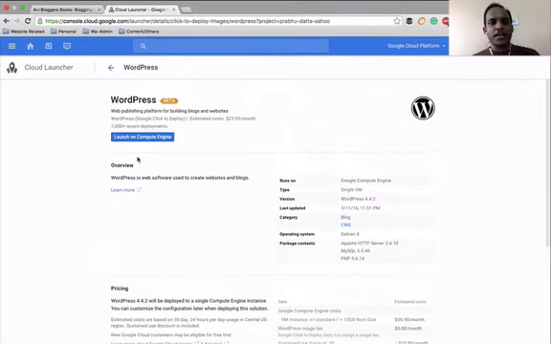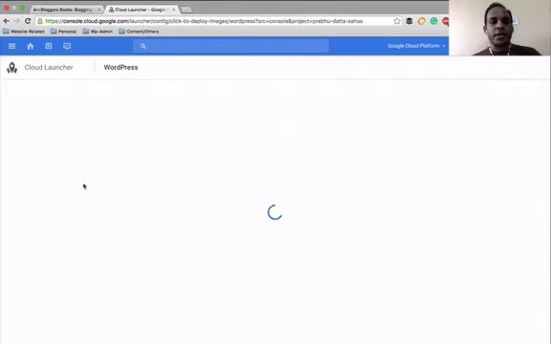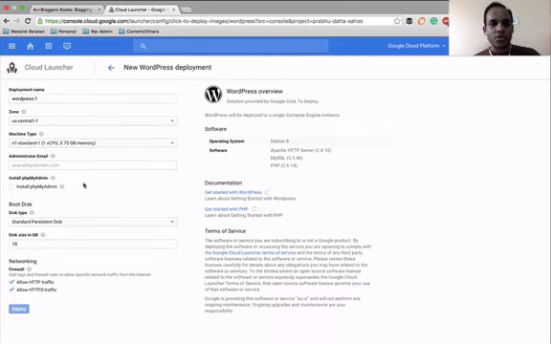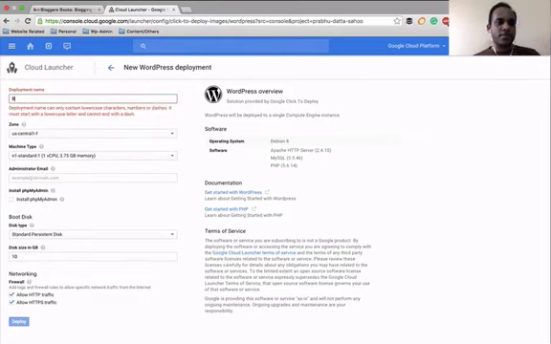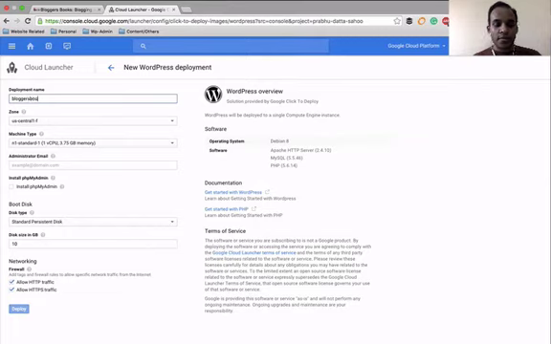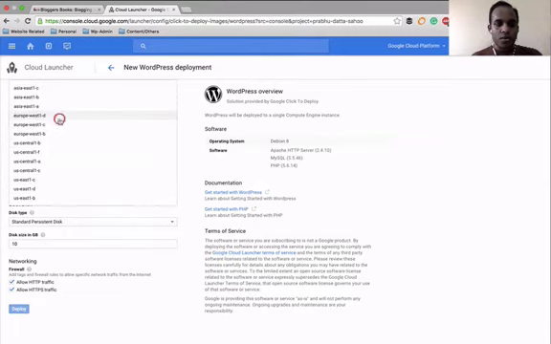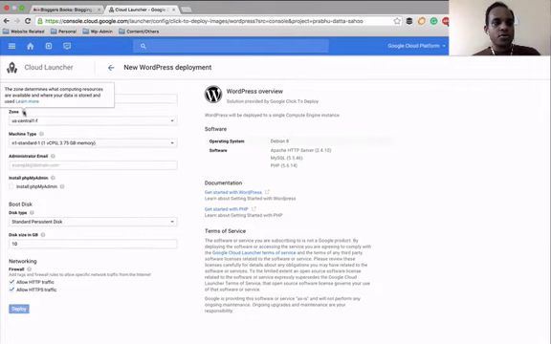You're going to have to click on that to be able to install WordPress on the VM, and of course it will be creating a new VM. It will be asking all those details, so let's go ahead and click on launch. This is the deployment name, which you can give as anything. Say for my website, I'm giving bloggers books. Right? So, zone. There are many zones available, and if you want further information, you can